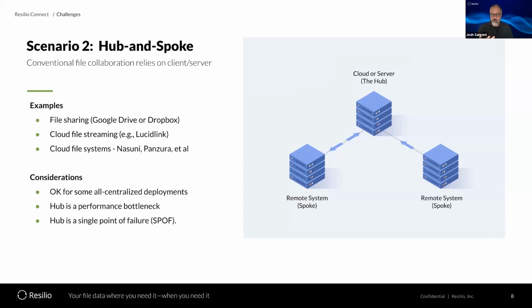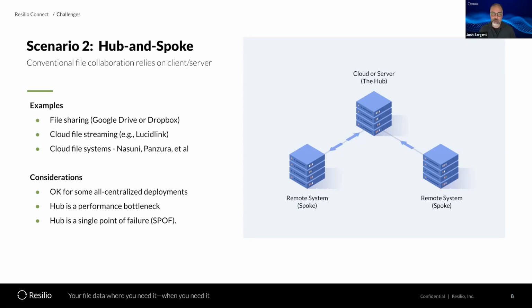It could also be something like the solutions that I mentioned earlier, Dropbox or Google Drive, where you've got remote workers, whether they're in an office or at home. But the flow of the data is never directly between the collaborators. It's always up to the cloud and back down, or up to the central server and back down. And so it's a multi-hop situation where you've got a central point of failure, a choke point on that central hub, the link or the server or the storage, and so when you need to scale or make this more highly available, this hub and spoke architecture ends up not